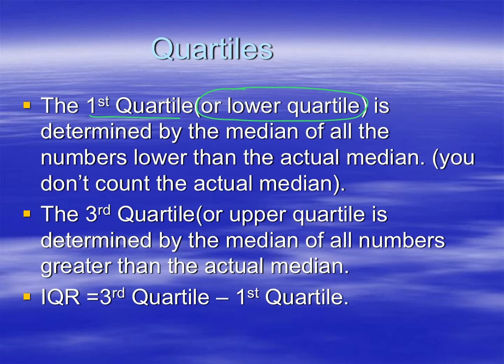The third quartile is just on the upper side, also called the upper quartile. It's determined by the median of all the numbers greater than the actual median. And we have something called the IQR, which stands for interquartile range. That's simply the third quartile minus the first quartile. So let's go back